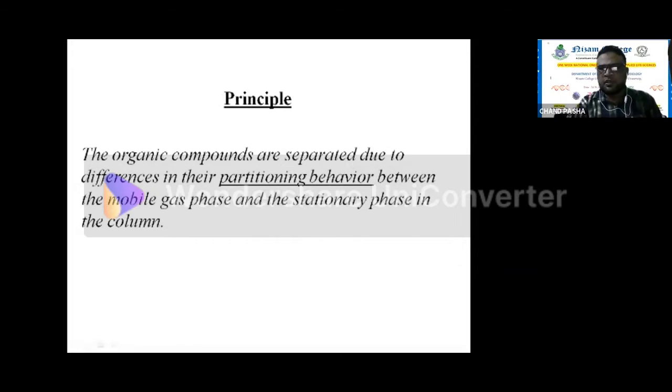In petrol, if you take crude petrol, you have a lot of organic molecules and volatile compounds in it: hydrocarbons, olefins, paraffins. Several compounds are there, and they will have different attractions toward the stationary phase and mobile phase, so they will be partitioned. They will be divided into those with very good affinity towards the stationary phase, those with good affinity towards the mobile phase and carrier molecule, and those having intermediate affinity.